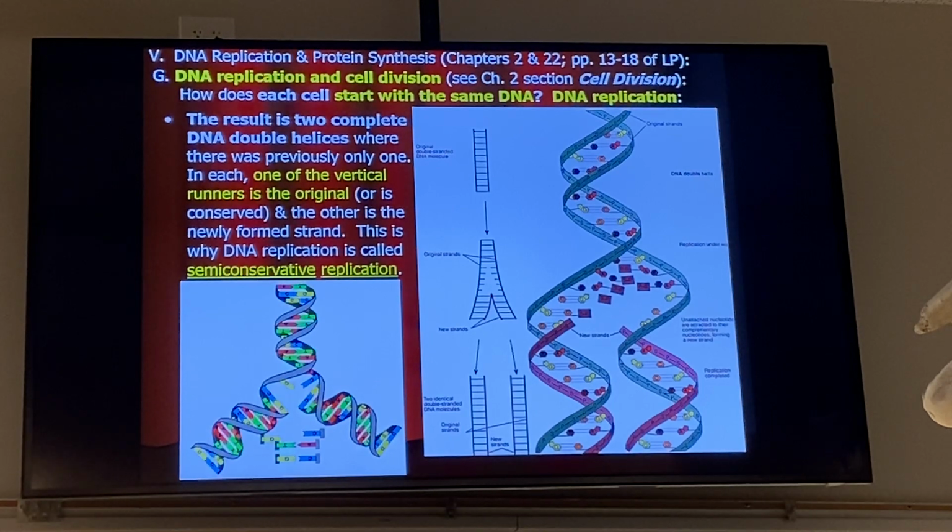So helicase is what unwinds it. DNA polymerase is what goes to the other side of the strand and adds a complementary strand from 3' to 5'. So is helicase only on the 5 to 3 strand? Does helicase only unwind on the 5 to 3 strand, on the leading? Helicase is the unwinding enzyme that's breaking the hydrogen bonds